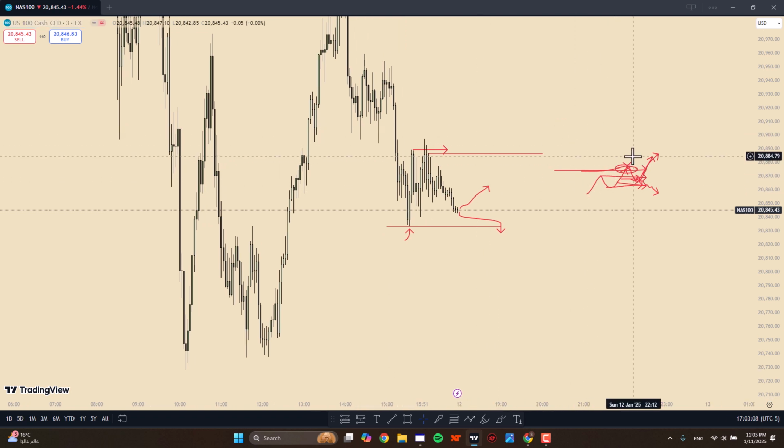Now, what if we didn't see these expectations here and price did continue lower? We don't take the trade, okay? These are your plan right here. These are the conditions that tell you that if this happens, you take the trade. This is the plan. Otherwise, you are just trading and relying on your mental state on that particular day, right?